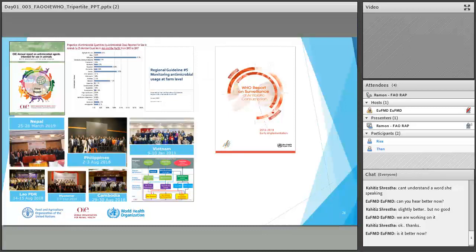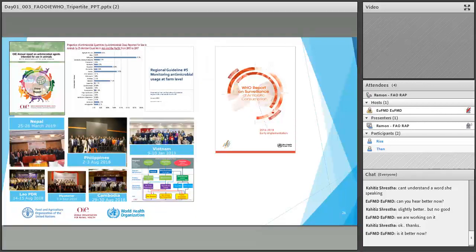So once again, this is to show you some of the findings of this AMU database. Once the country reports to OIE, we can understand what kind of antibiotics are being used in these countries, whether they are used for treatment purposes, or for growth promotion, or maybe for prevention, prophylaxis. Sometimes we still find most of these therapeutic antibiotics are being used in most of the countries as prevention and as growth promotion.